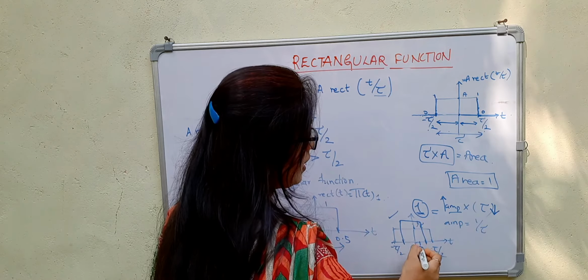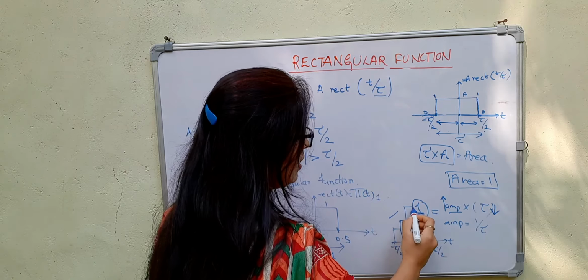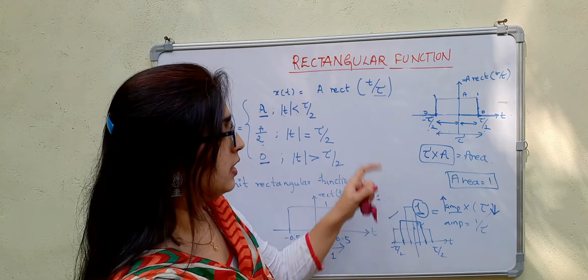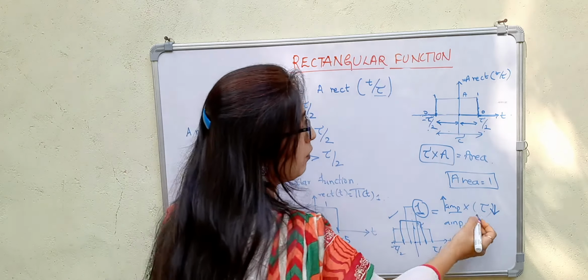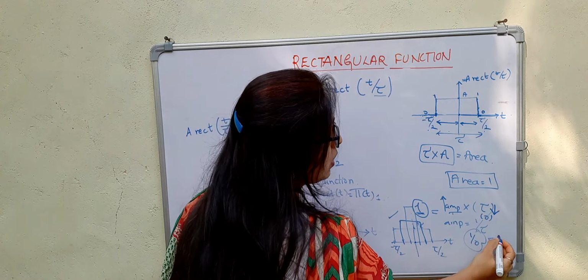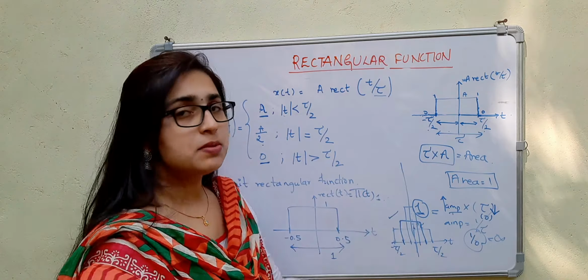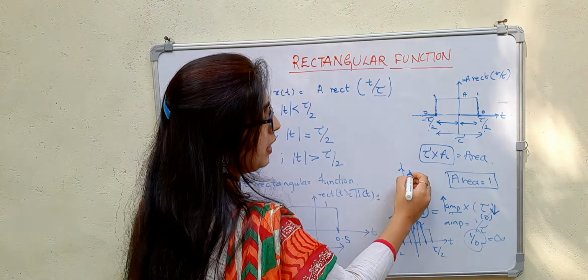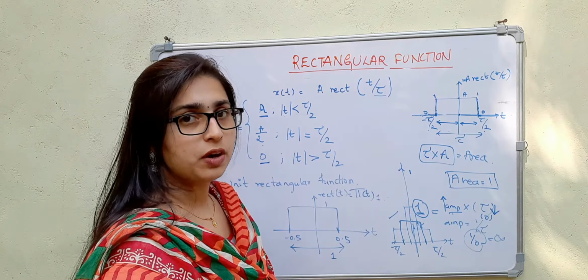Again I will decrease the width, I will bring the points closer. To maintain unit area, again the height will increase. At this point, the width becomes 0. So when width becomes 0, what will be your amplitude? It is 1 by 0, that is infinity. At this point it becomes infinity, okay, but the area will be equal to 1. This is your unit impulse function, right?